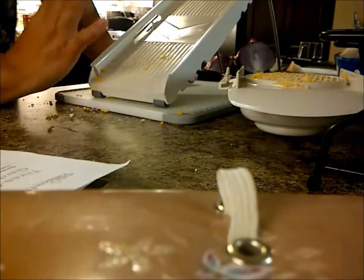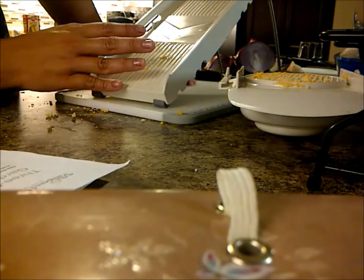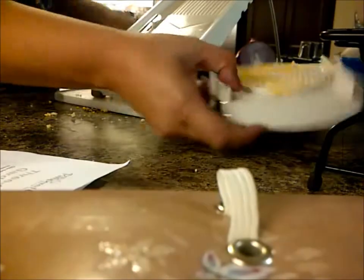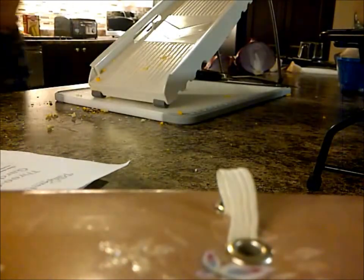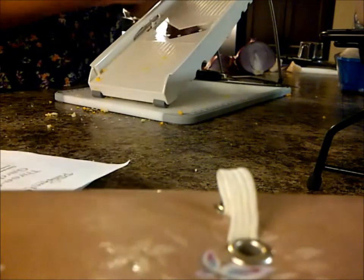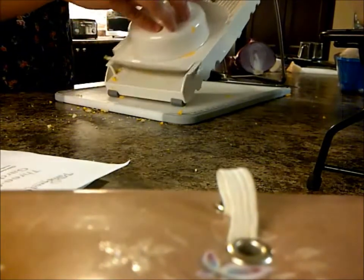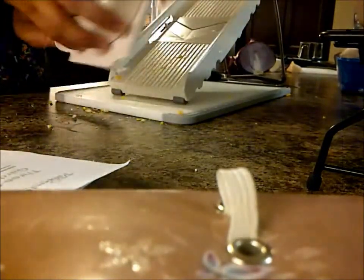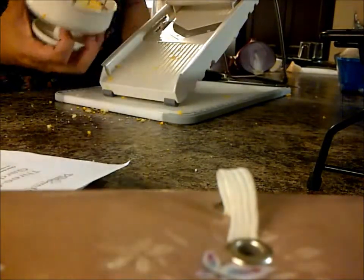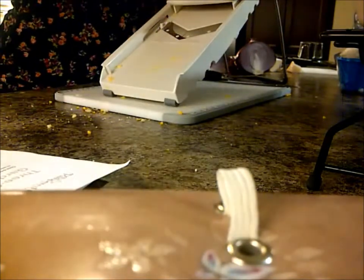Go back to the mandolin. So we are going to slice onion and tomatoes using the V-shaped blade. So we're going to go back to our mandolin, we're going to put our onion like so, and then we're going to push down,